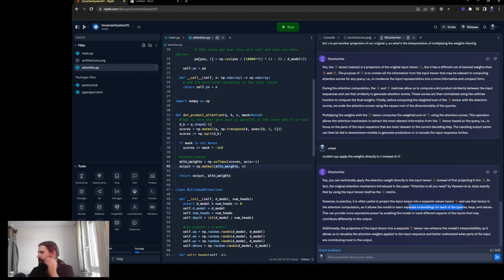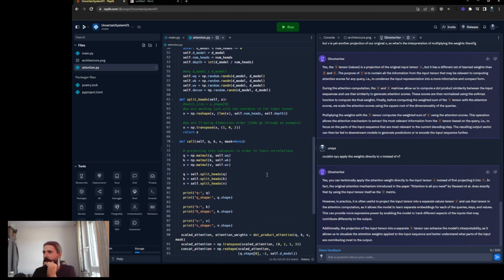The projection of the input tensor into a separate V tensor can enhance the model's interpretability, as it allows us to visualize the attention weights applied to the input sequence and better understand what parts of the input are contributing to most of the output. That's not true. It just makes it worse from an interpretability perspective, because you're just working on another subspace. You're just projecting stuff. Anyway, but the high level steps are,